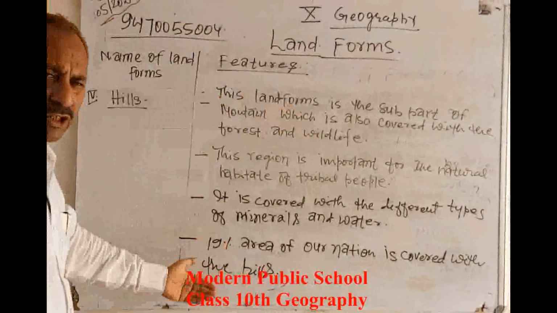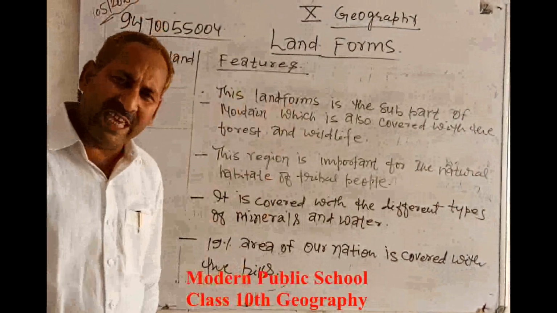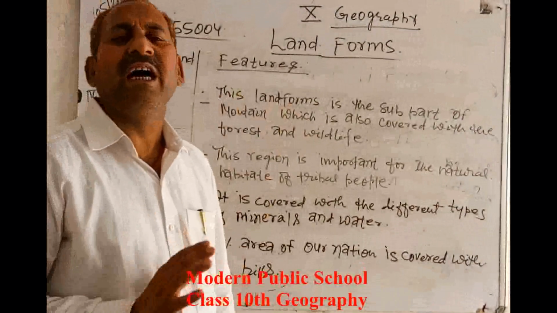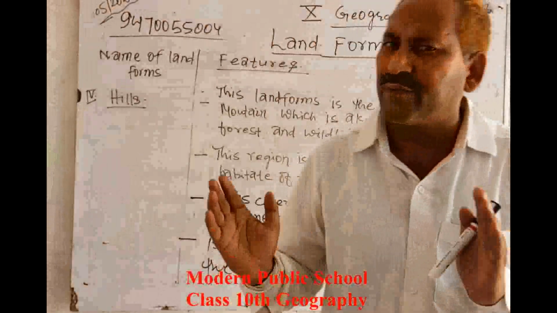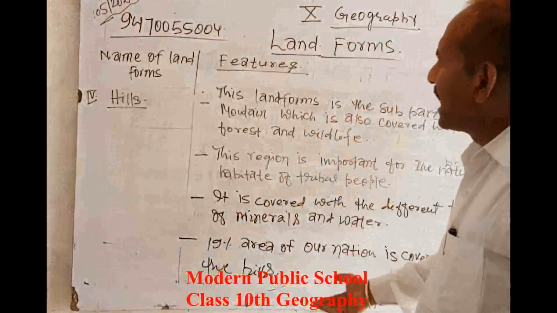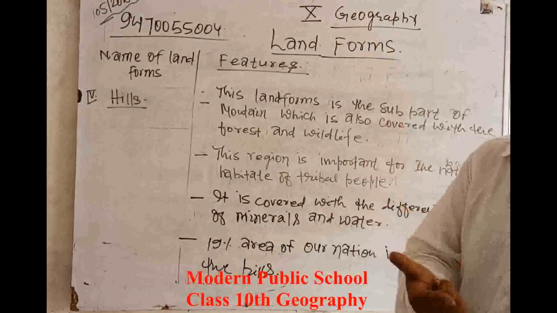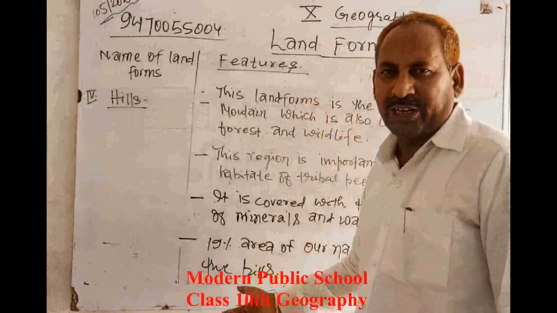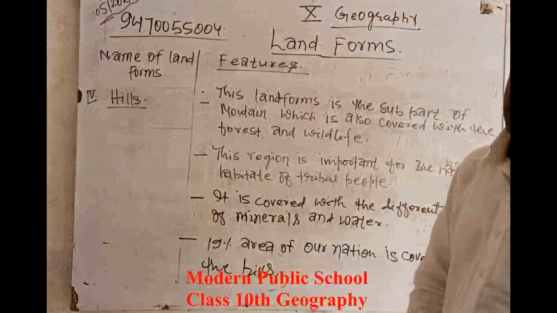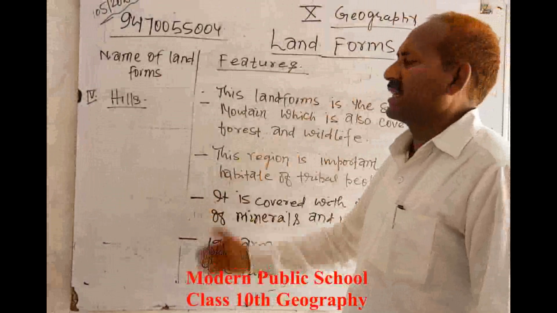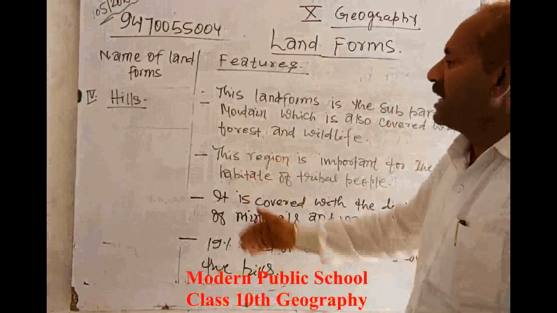These are the features of the hills, and by which these landforms are in many ways beneficial for the human beings. ये सभी जो है वो हमारे लिए डिफरेंट वे से, डिफरेंट तरह से बेनिफिशियल है। And by the features we explain, we prove that these are the most important parts of the land for us. ये डिफरेंट वे से, अलग अलग तरीके से हमारे लाइफ में हमारे लिए ये इंपॉर्टेंट है, ओके।